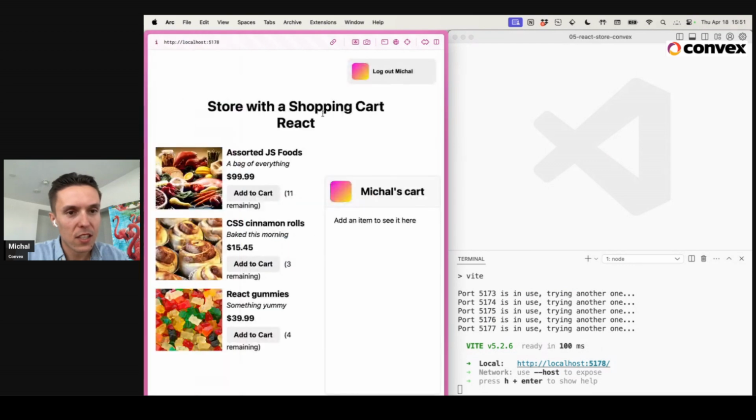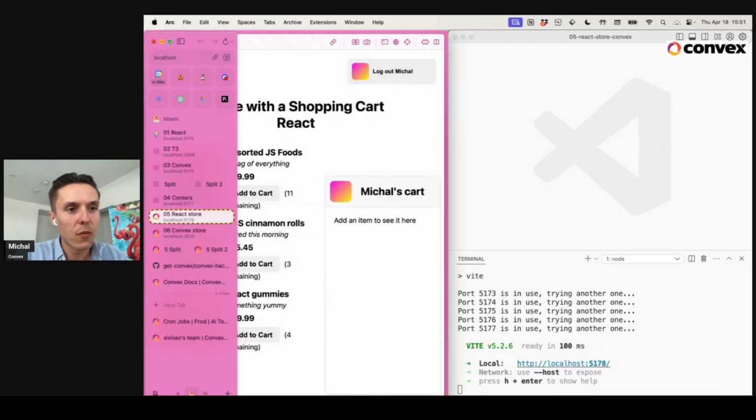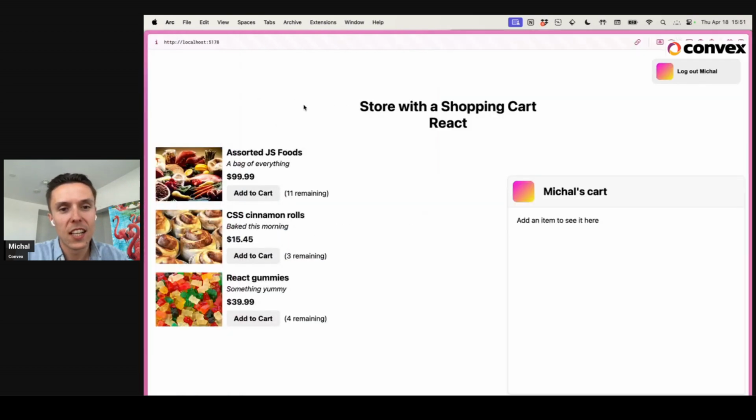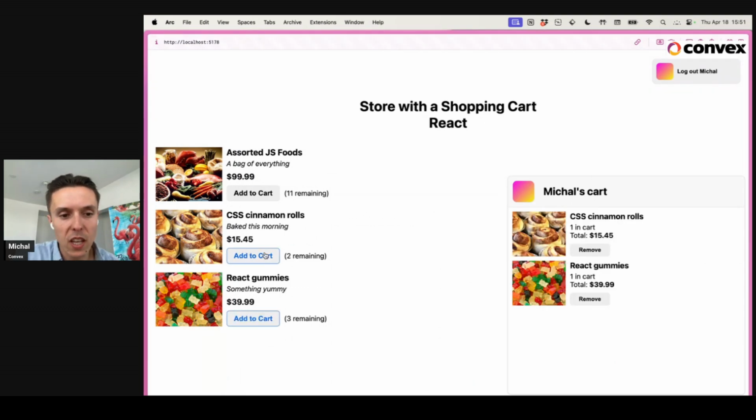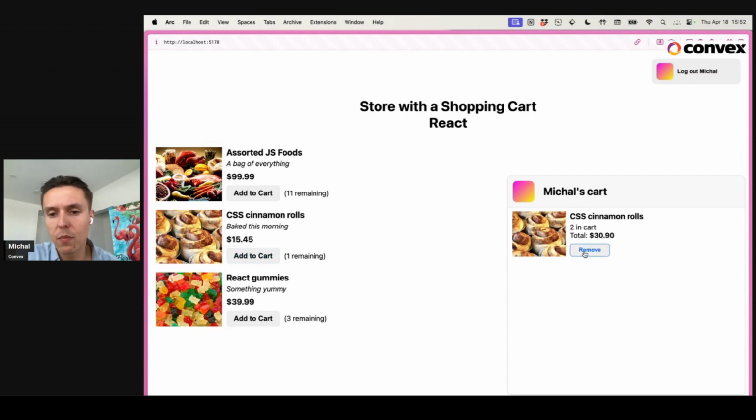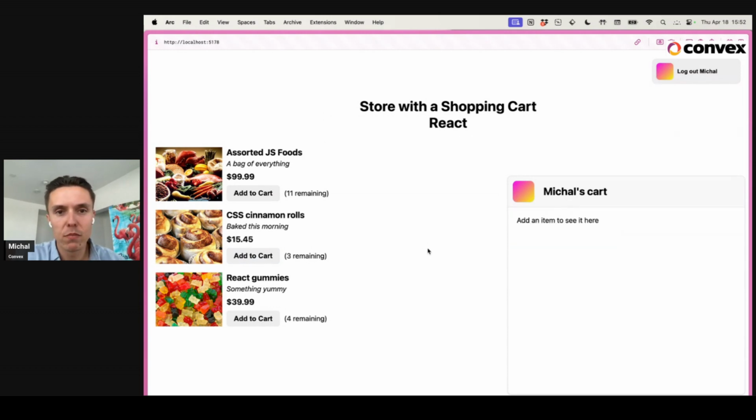So I'm actually going to maximize my window here. This is an eShop-like page. So I can add items to my cart. I can remove items from my cart. And this is purely a React app. So when I reload the page, the state is gone. But what's important